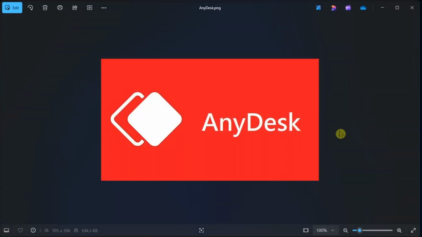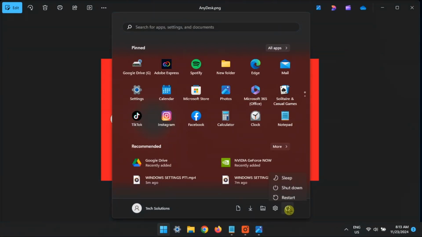AnyDesk is a popular remote desktop application. However, users cannot utilize that app when it doesn't work. So if the AnyDesk app is slow or not launching at all in Windows 11, try implementing these potential fixes to kickstart it. Now, if the AnyDesk app is not working, then your first port of call must be restarting your